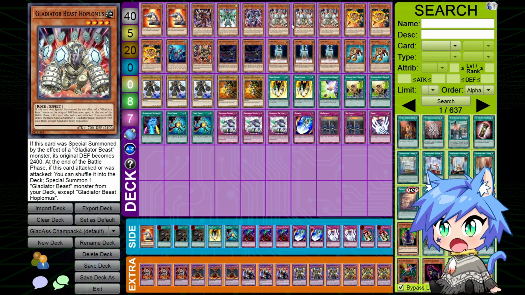And after you swing into something, you tag it out for Darius. Assuming Hoplomus is on the field, you swing it into Hoplomus, you lose a couple of thousand life points, but then you use Hoplomus's effect to summon Darius, and Darius activates its effect, and so on and so forth. It's pretty good. It's real nice. There's some issues with a